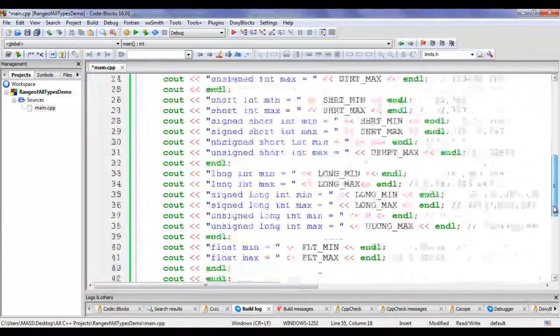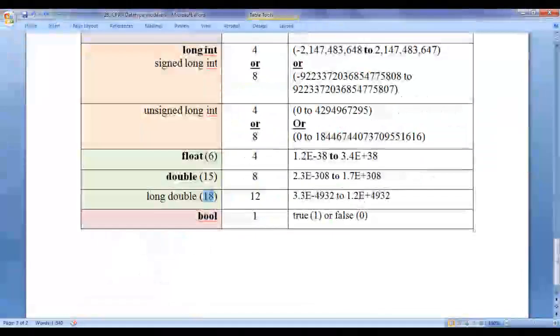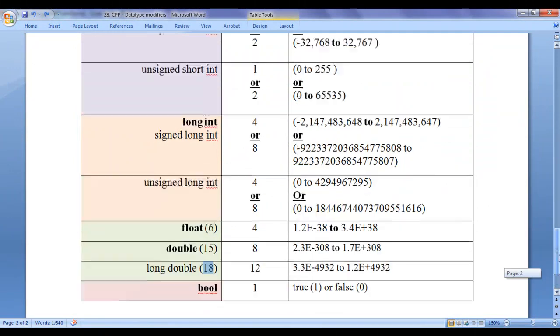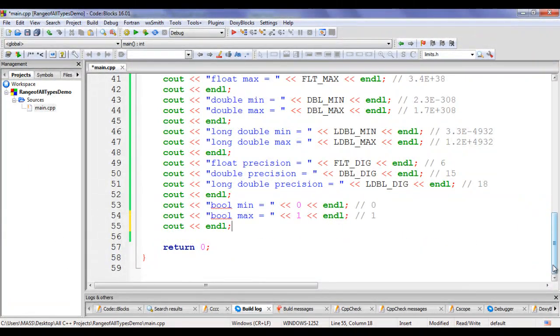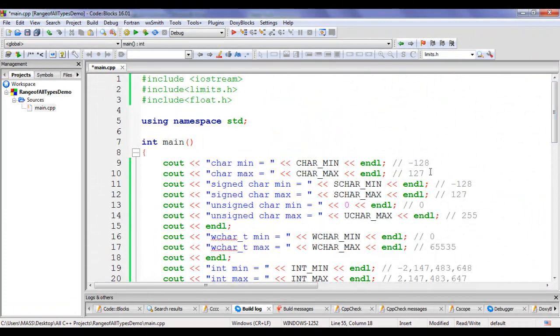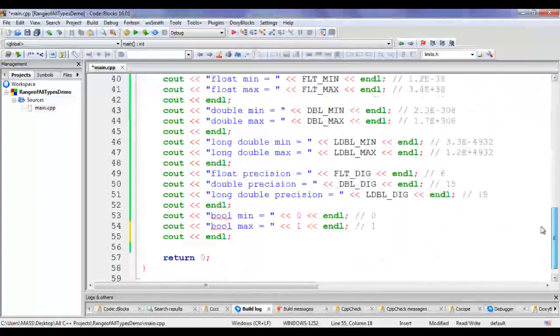I hope you guys have clearly understood. I suggest you people to watch this video again and again, understand everything clearly. Try this code yourself, experiment with more examples, check out what is the range of each data type in your computer system, guys, because it will be different from computer to computer, from compiler to compiler, guys. I think for this video tutorial, this much is enough, friends.